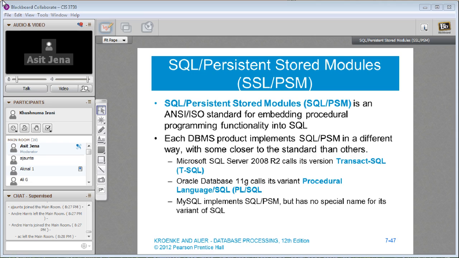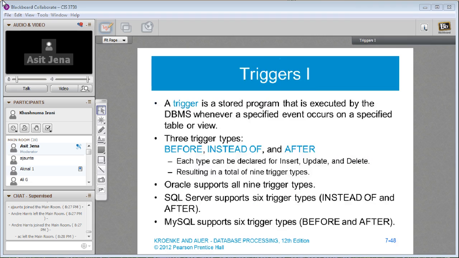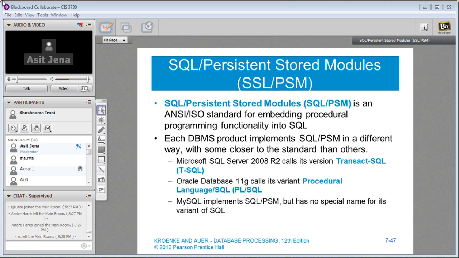Stored procedures. We'll also give you the concept of what a stored procedure is.